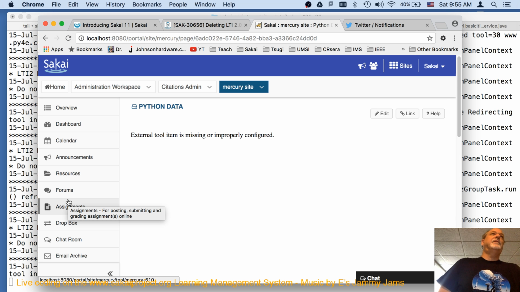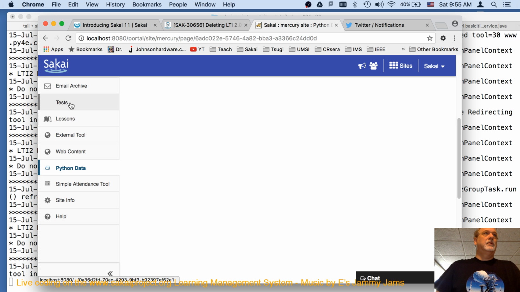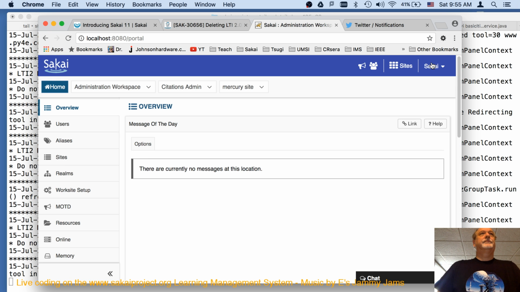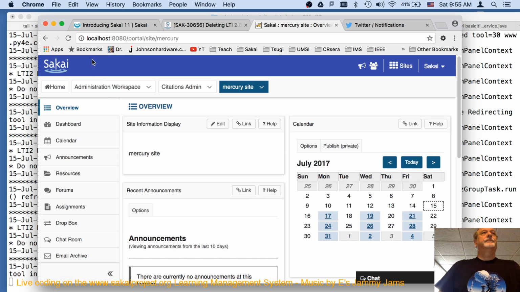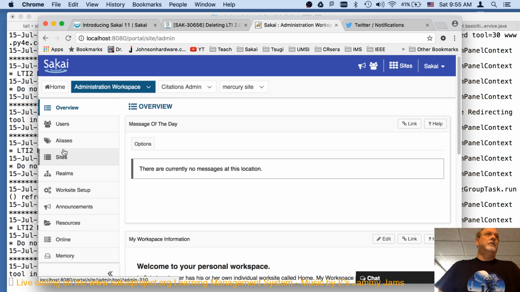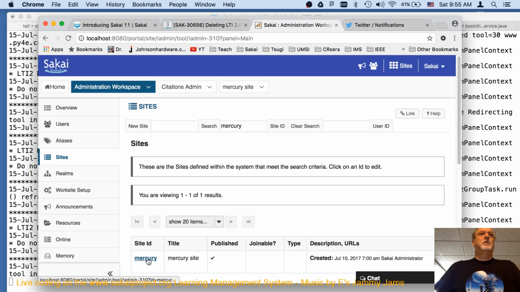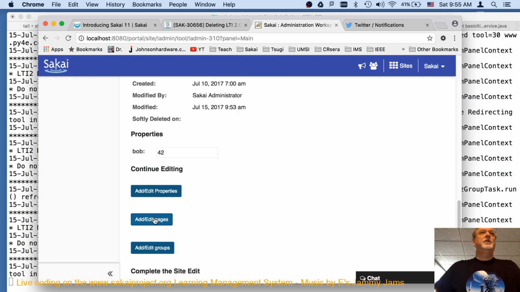So I still have a bug. Still have a bug. Let me log out and log back in just to make sure. I don't know if it's a caching thing. I hope not. It's the admin user, the admin user interface.